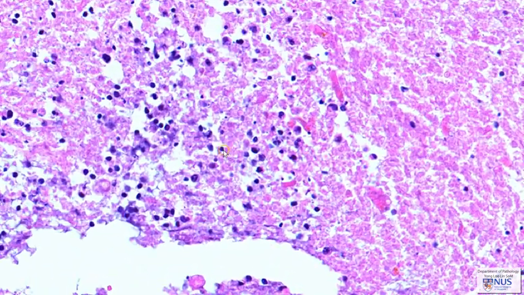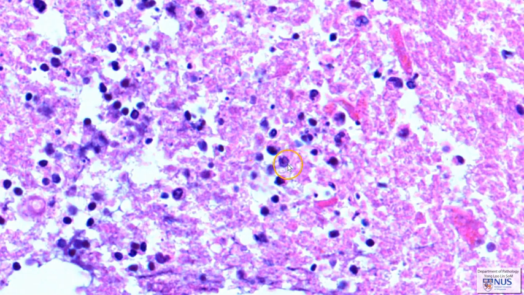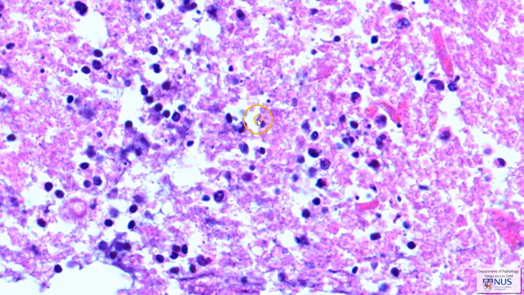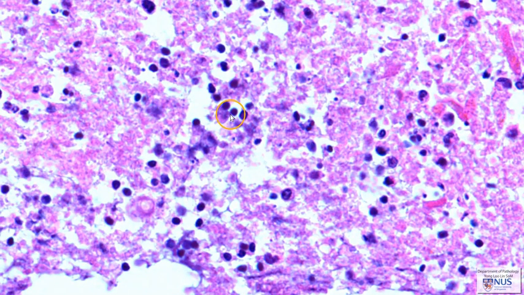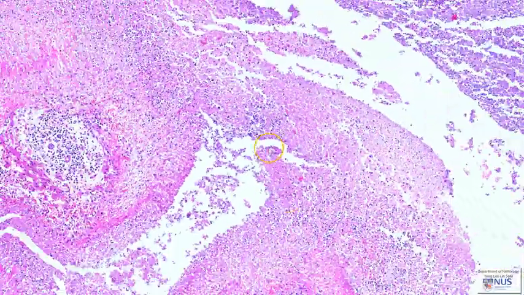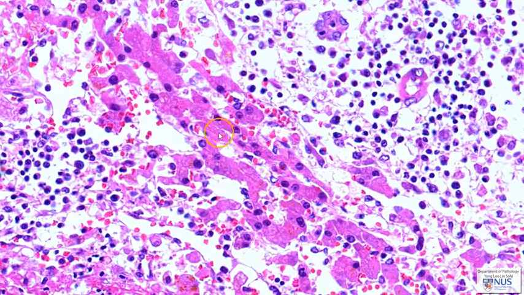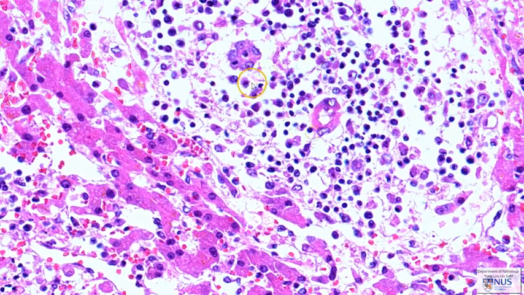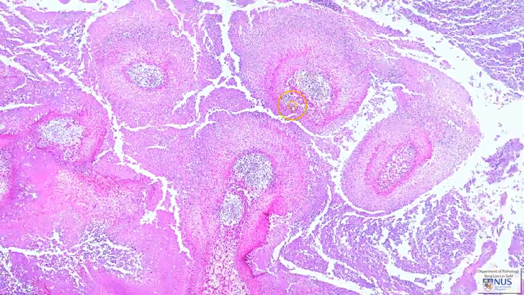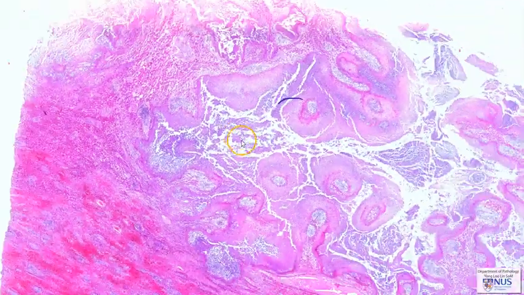We have some residual viable inflammatory cells, mostly chronic inflammatory cells, with lymphocytes seen here. And there are some areas where there are preserved viable hepatocytes. And here we can see the accompanying chronic inflammatory infiltrate with some lymphocytes and occasional plasma cells. Moving on to other areas,